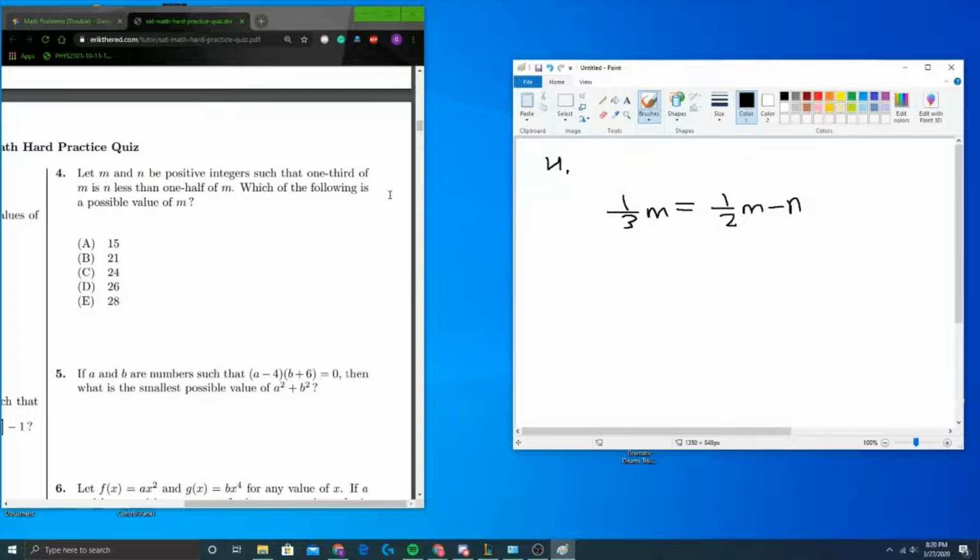Now, I'm going to make this easier because we have to try to compare m to some certain value of n and then get one of these numbers. So I'm going to multiply this whole expression by 6 to get rid of the fractions. No one likes fractions. 6 times 1/3, 2m. 6 times 1/2, 3m. Is equal to